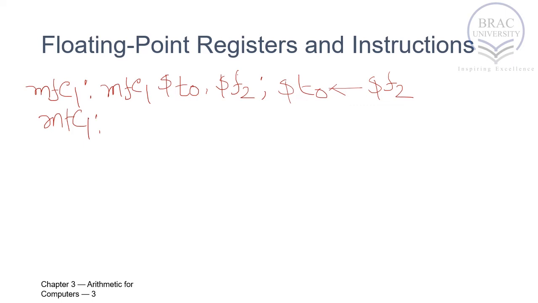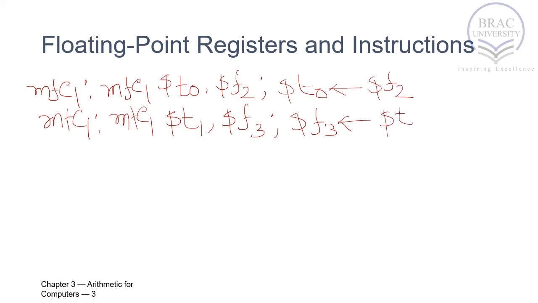And move to C1. What about the syntax of this one? Move to C1 again, T1, F3. What this means is now register F3 will have the content of register T1. In both of these instructions, look carefully that we have written the register file register in the destination field,